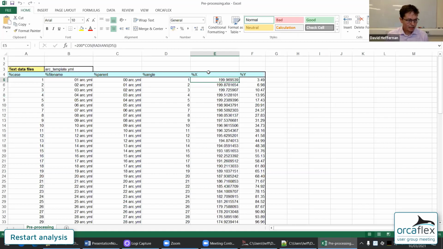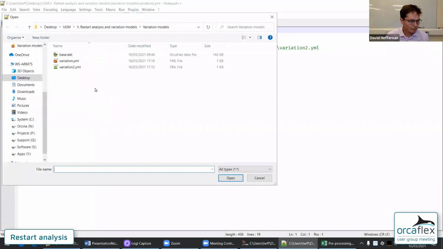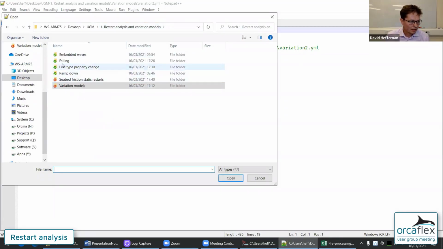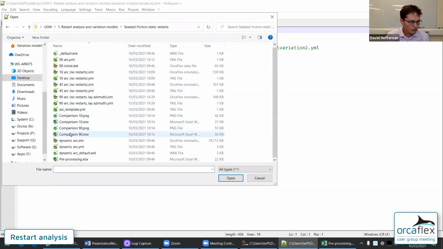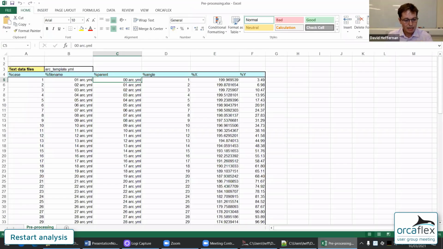The end position here, if you can see by the formula, is just cos and sine, classic trigonometry. I have to specify the file name for this analysis and also what its parent model is. And I'm using a template file. The template file is here. Each of these placeholders, percent parent, percent angle, etc., will be replaced by values from this table.